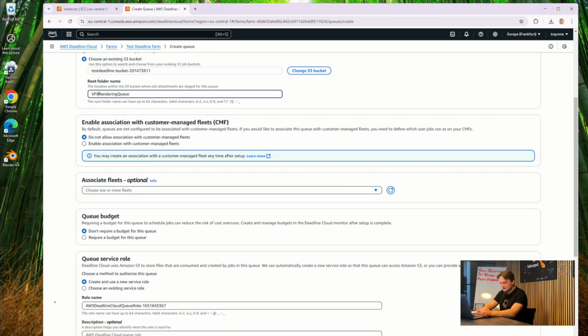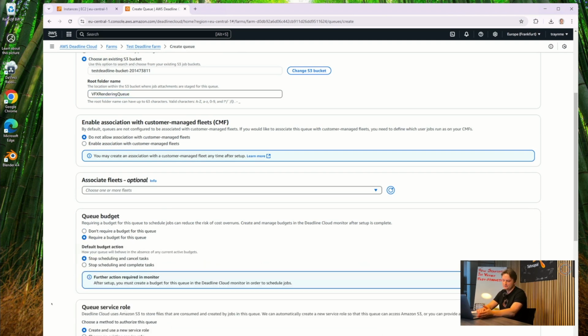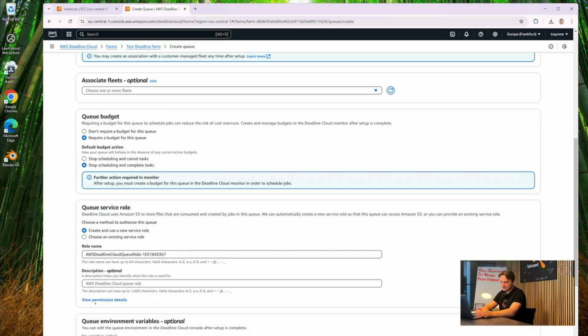The queue budget, because we'll be focusing on the cost, so I would choose the option where, before you can even use the queue, you would need to set the rules for your budget. So we'll get to this later on. And there is a default action you can choose. What is most convenient and not so disruptive is that it will complete the tasks and then shut down from receiving any further jobs. When we scroll down here,